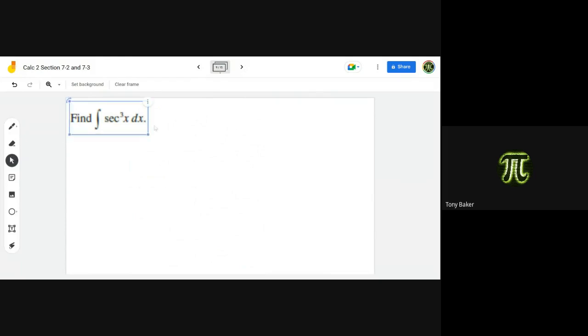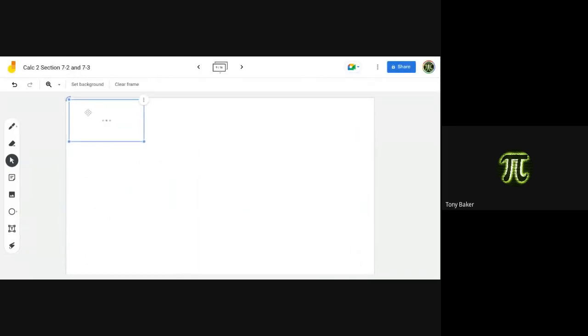All right, let's look at this one. Actually, you know what? I want to do one before this one. I want to do this one first. Let's do this one first. All right, so I've got